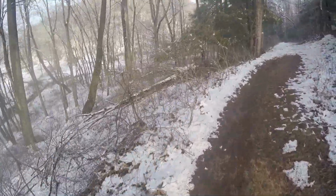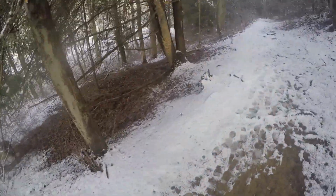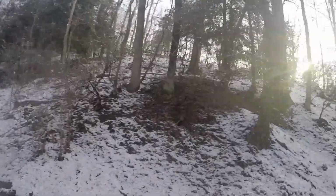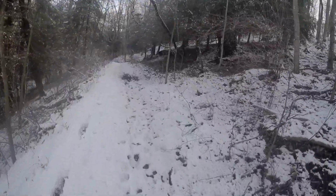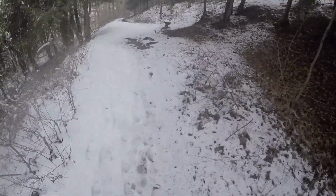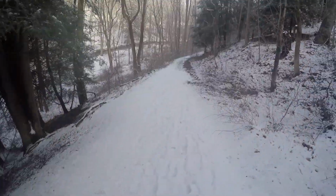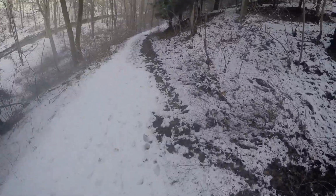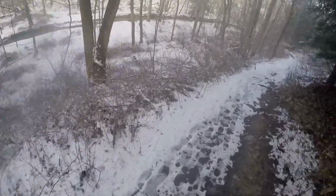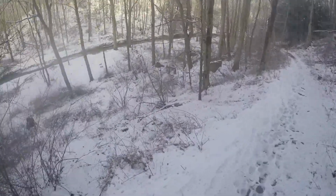Although the hike is fairly short. Now we're getting our first glimpse of Falling Branch down there in that valley. This is always a good sign. Mountain laurel. And hemlocks. There you go. It's a much better view of Falling Branch, and you can see it's a rather substantial stream, so I'm not sure what I was thinking before, but